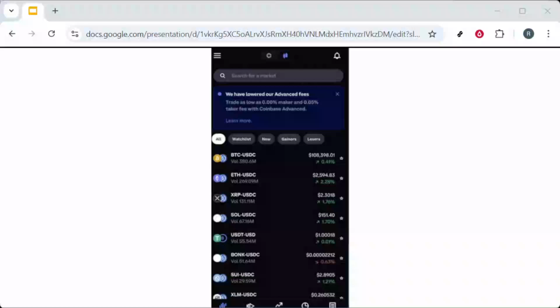In today's video, I'm going to teach you how to view your Coinbase account limits. Before we begin, a quick note on why this matters. Your account limits determine how much you can buy, sell, deposit, withdraw, and transfer within certain time frames. Knowing where to find this information helps you plan trades, avoid failed transactions, and understand any caps tied to your